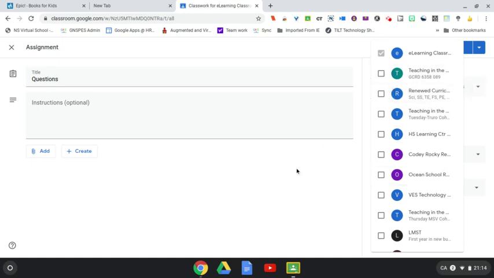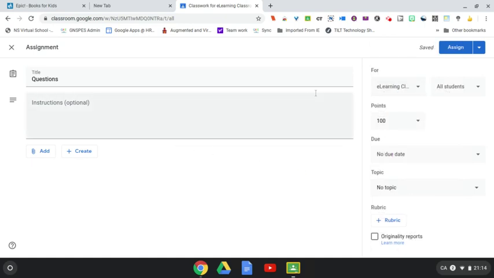So, it's kind of a handy way to push things out, not having to recreate things. Another great little feature is that just because you create an assignment doesn't mean all students are going to be completing the same assignment. So if you're differentiating your instruction, maybe tasking groups to work on something, you can go